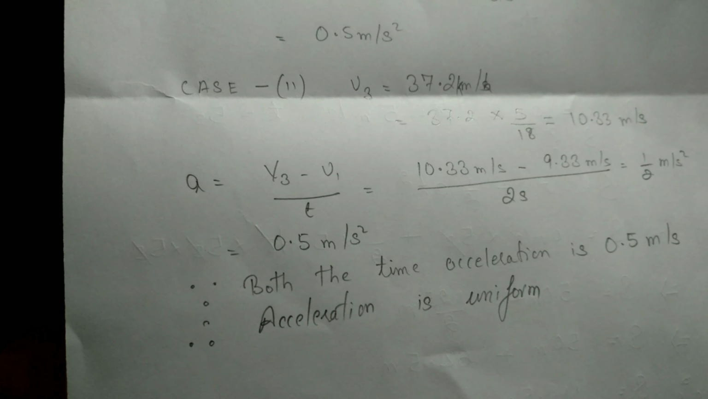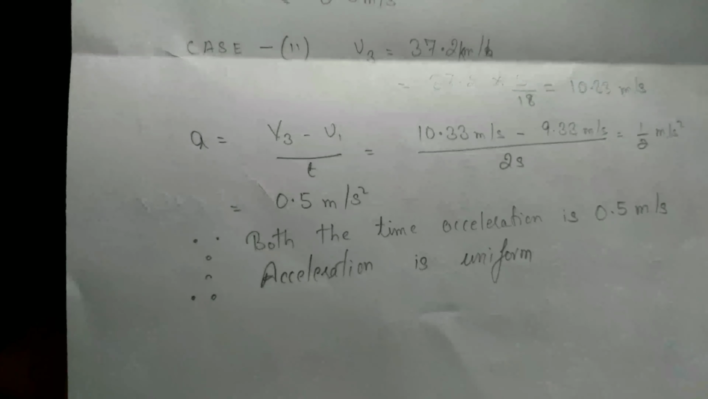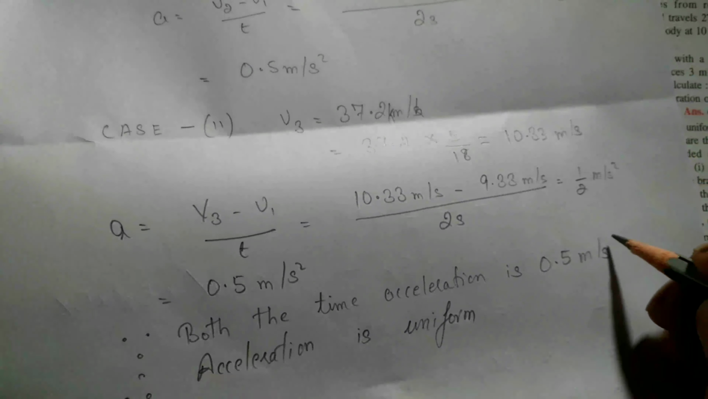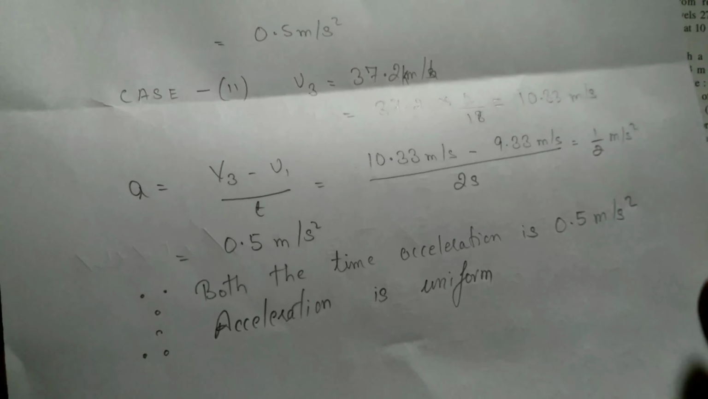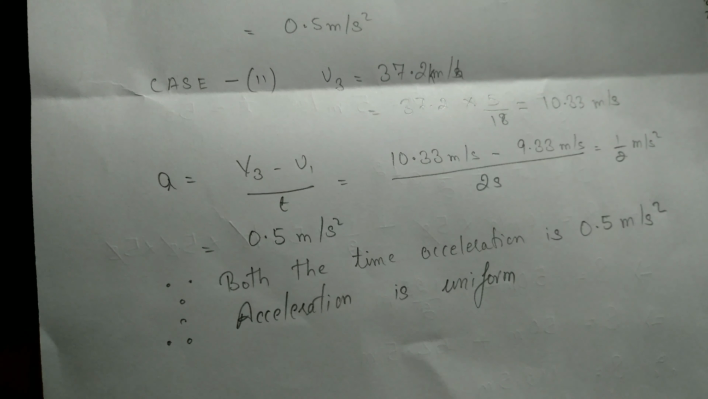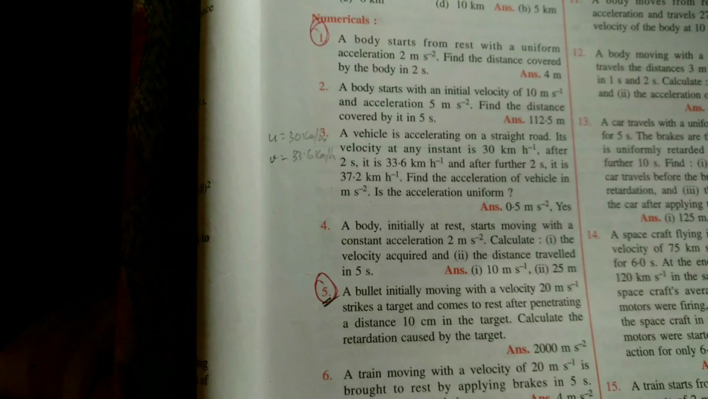Since both the times we are getting the same acceleration, which is 0.5 meter per second square, just missed a square here, the acceleration should be uniform. So this is number 3. If you want to go to the next number, which is number 4,